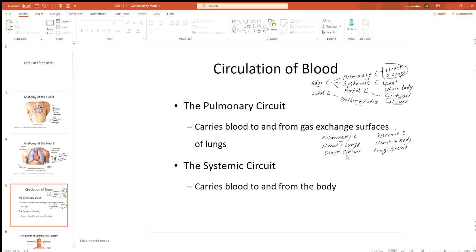Pulmonary, since heart sends the blood to the lungs and lungs are located just beside the heart, so the pressure is much lower. Less pressure can send the blood from the heart to the lung. So low pressure in pulmonary circulation. It is a low pressure system. In case of systemic, since the blood is sent throughout the body, the heart needs to pump the blood more forcefully. So this is a high pressure system. Okay,